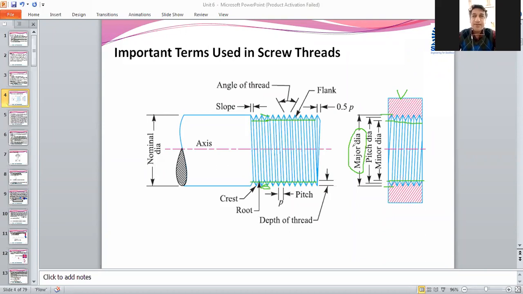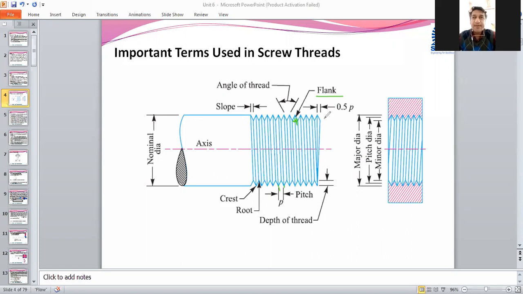So major diameter, minor diameter and pitch diameter, once you have found out, then we are going to see the pitch. Pitch is nothing but the distance between two successive threads at a similar point, that you call the pitch. Then the area of the thread you are going to call the flank, just like in the case of a gear. In gear also we use this term flank. That is nothing but the area from the root of that thread to the top of that thread, that area you call the flank.